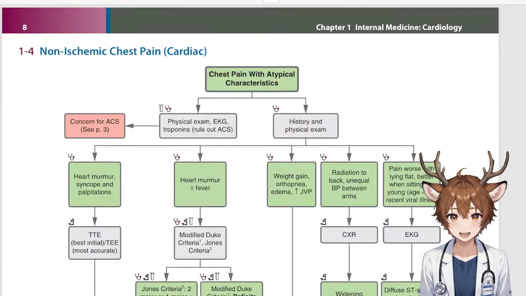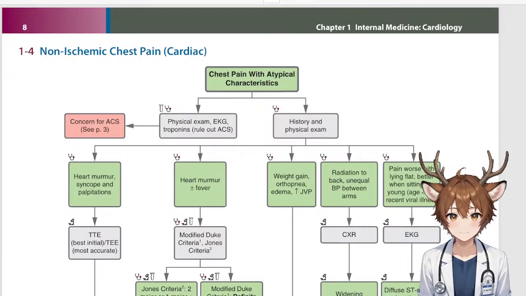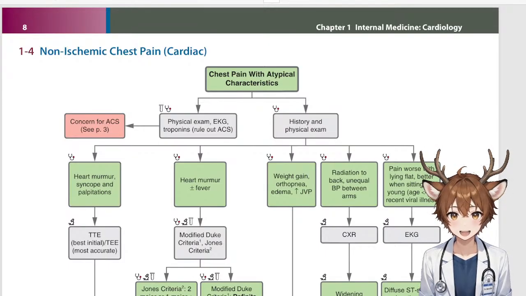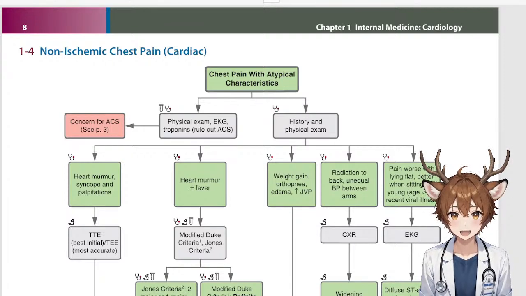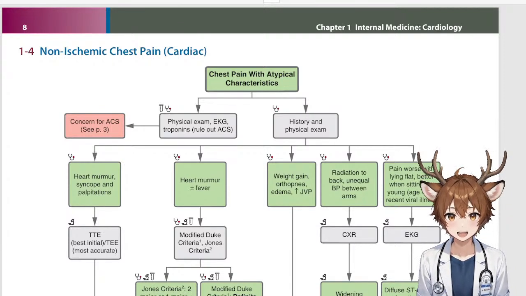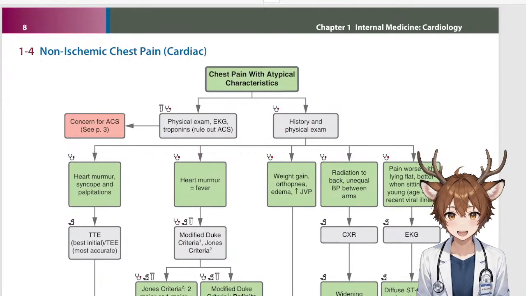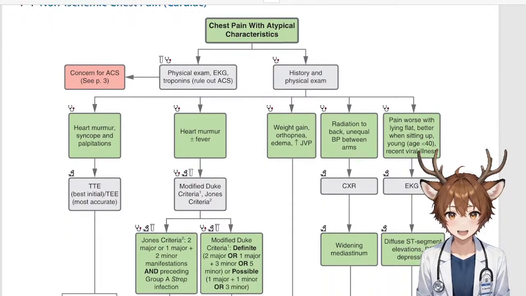So, let's do it again. Non-ischemic chest pain, cardiac. Chest pain with atypical characteristics. So let's say, for example, physical, EKG, troponins rule out ACS. If there's concern for ACS, see page 3. What about history and physical exam? Let's say heart murmur, syncope, and palpitations. Well, in that case, you do a transthoracic echocardiogram, best initial,